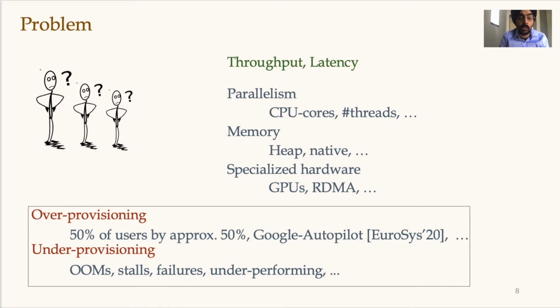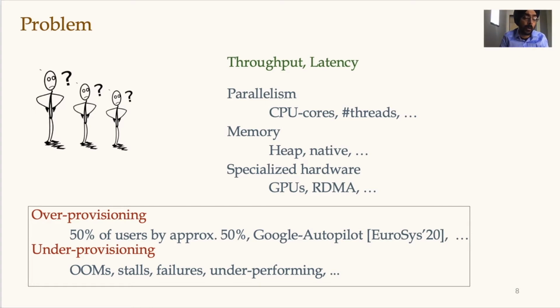Consequently, what happens is users either vastly over-provision the amount of resources, which leads to waste. For example, in our experience, half the users over-provision by at least 50%. A recent paper from Google on a similar topic had similar findings. Or what happens is users under-provision, which leads to their apps running out of memory, stalling, failing, oftentimes underperforming,